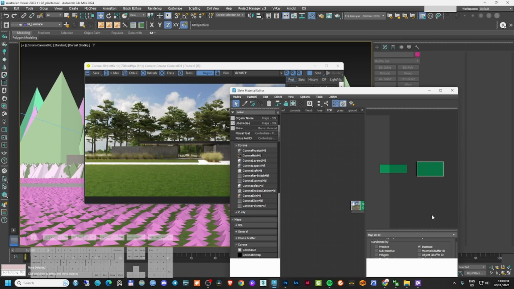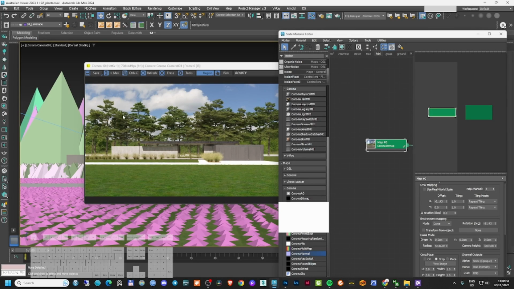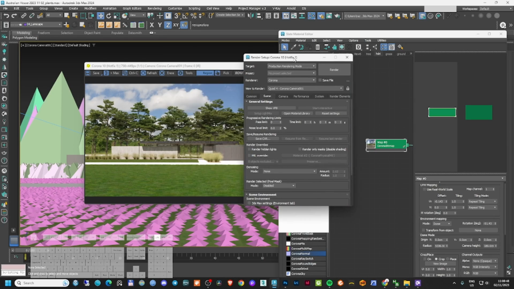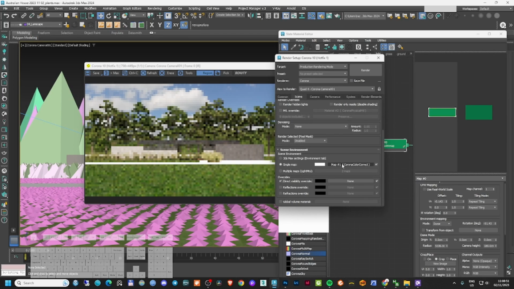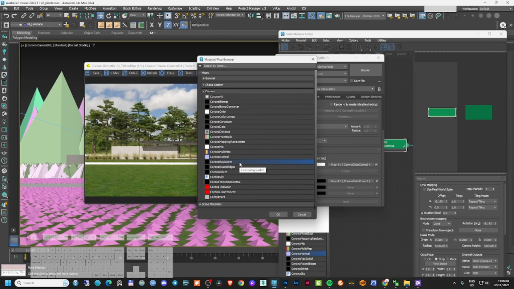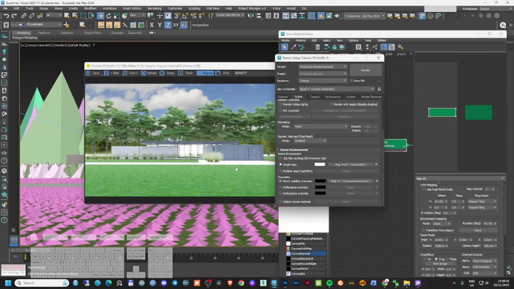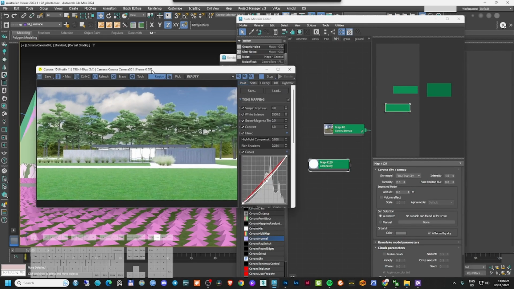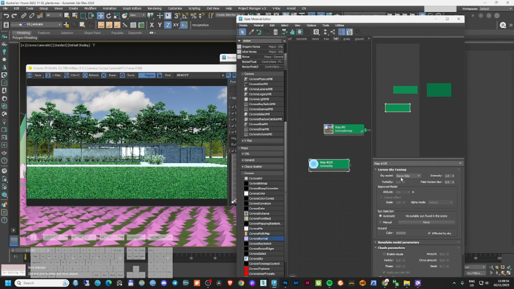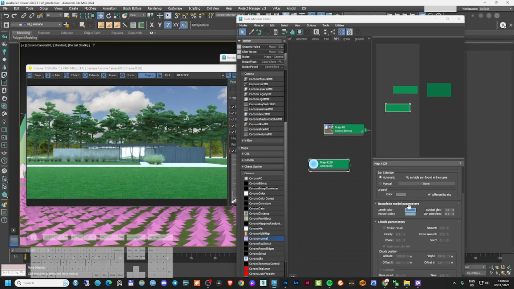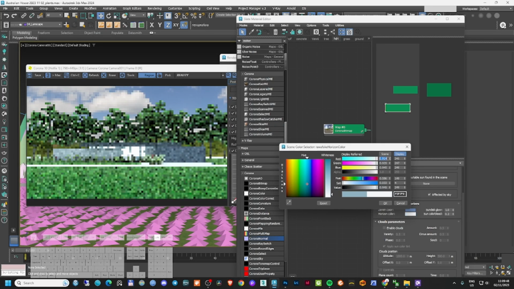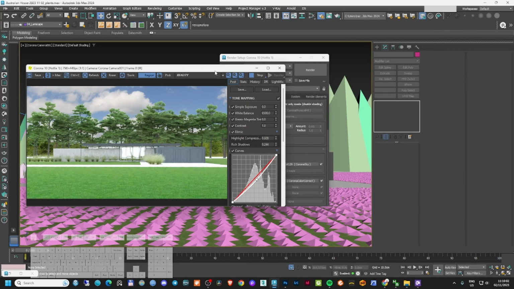Just rotate a little bit the HDRI. Okay, I like the way this HDRI looks in the background, but I don't like the lighting of the HDRI. So what I'm going to do, I would like to add this in here as a direct visibility, and in here I'm going to add the Corona sky, and this Corona sky is gonna go here as an instance. Now we'll just play for a bit with this. We'll just make it raw fake, and to this raw fake parameters I'm gonna pick up some colors from here, this one, and the other one can be a little bit more like this,